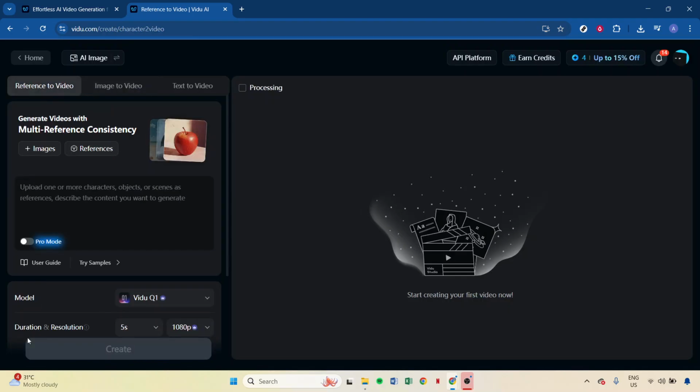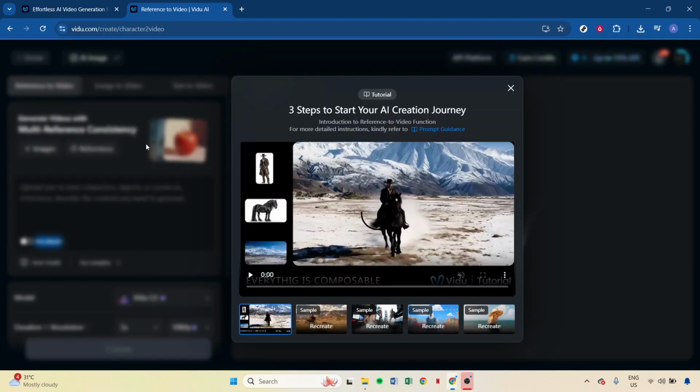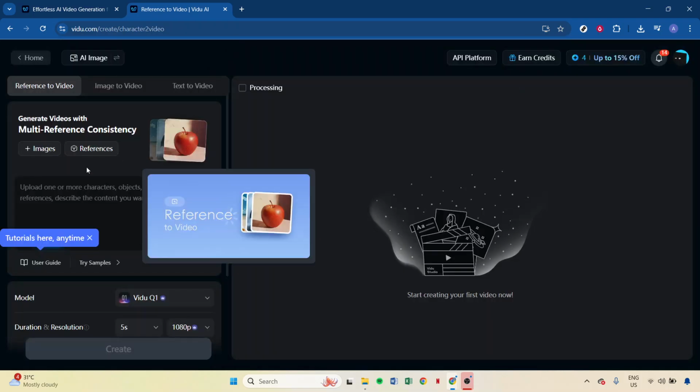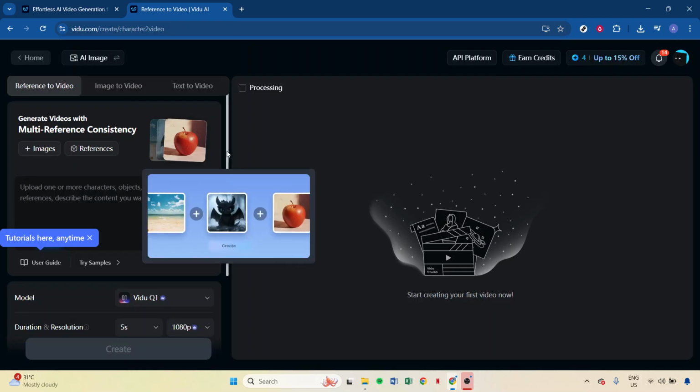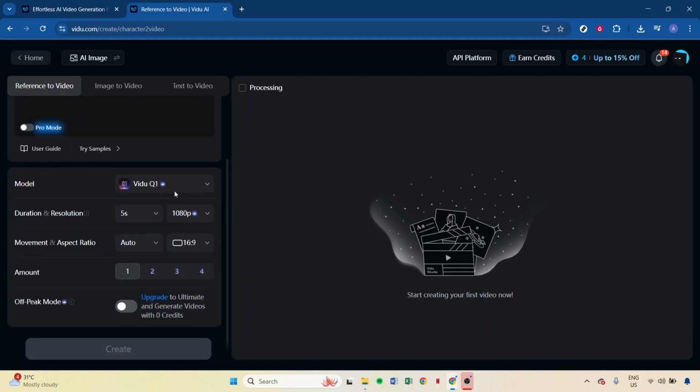Next, customize the settings of your video. You'll have options to set the duration, resolution, motion, and style, allowing you to fine-tune your video exactly how you want it. When you're ready, click on Generate to process the video. Keep in mind that complex scenes may take longer times to render, so a little patience will be worthwhile. Once your video is generated, preview it and make any necessary adjustments to prompts or settings to perfect your creation. Finally, with everything set, you're ready to download your high-resolution video or share it directly to your social media platforms